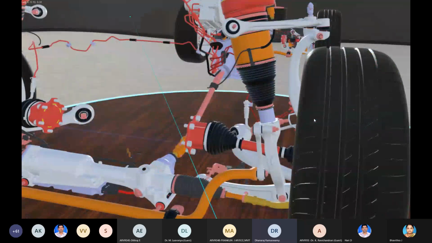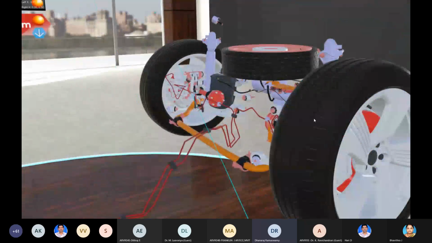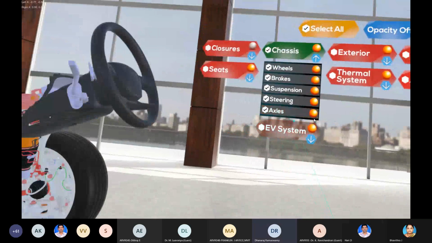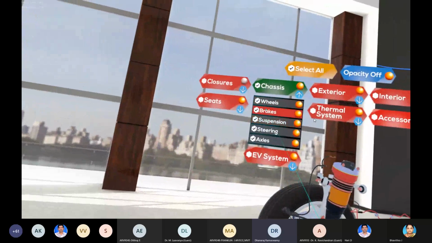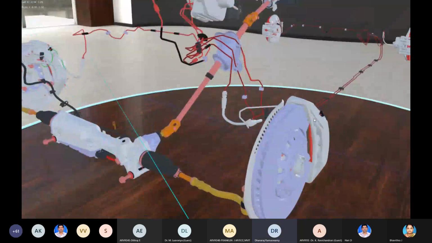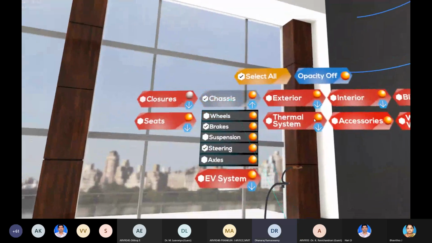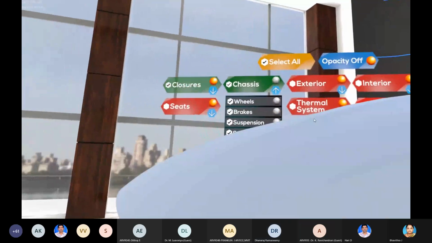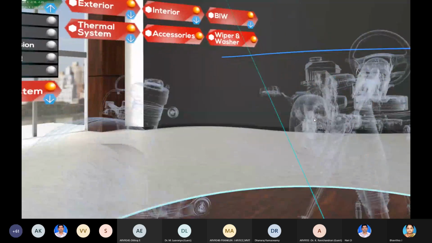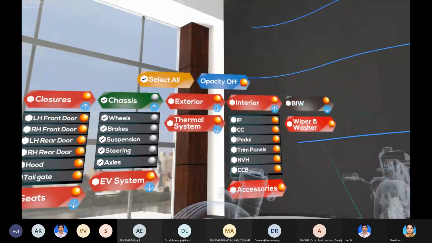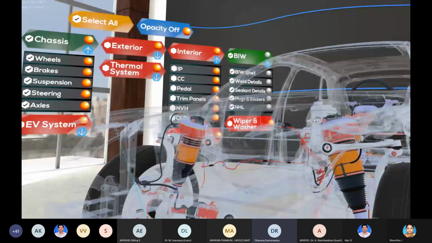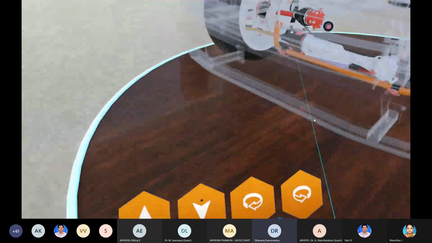Now I'm watching only the chassis, how it's routed, where the wheels come. Suppose I want to see only the brakes and steering, see, even you can watch in transparency mode. You can study.